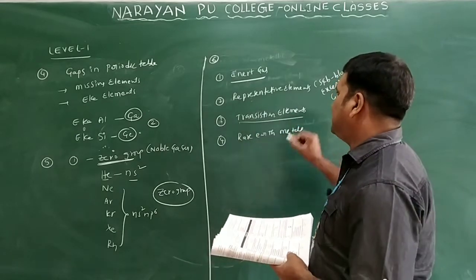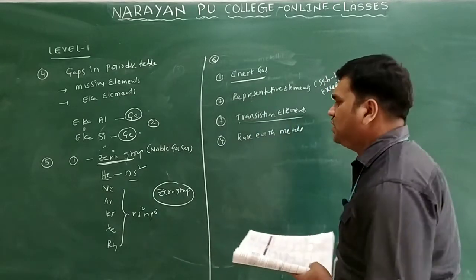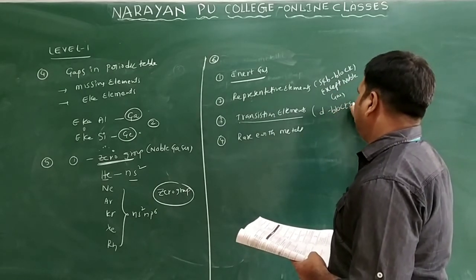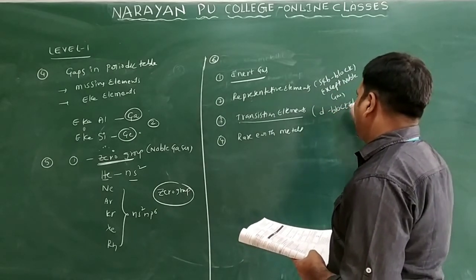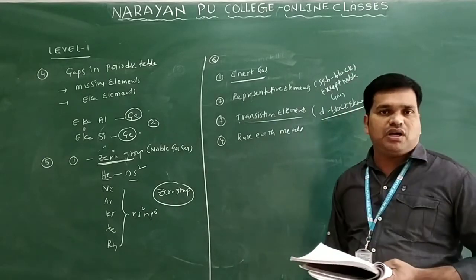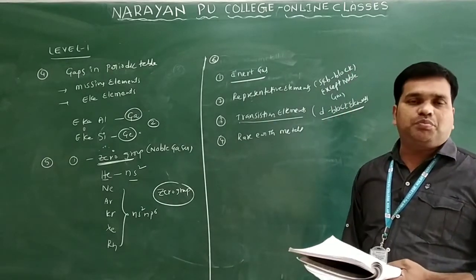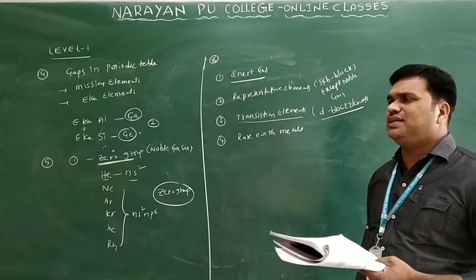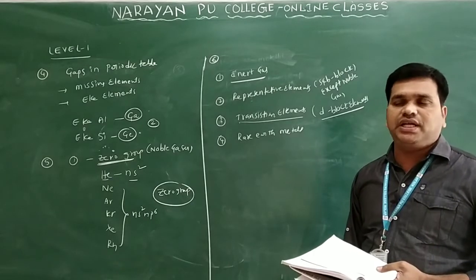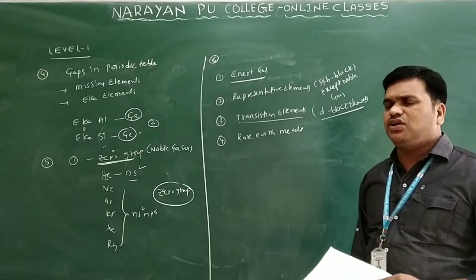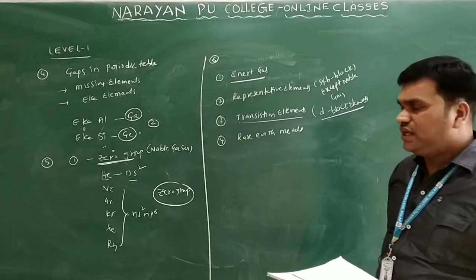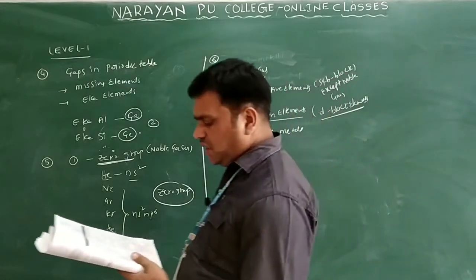Come to the transition elements. Transition elements come under D block elements only. Generally the properties of the D block elements are similar in both periods and groups, because there is entering of the d orbital, poor shielding and screening effect, nuclear charge. All these effects show similarities in the properties of transition elements.